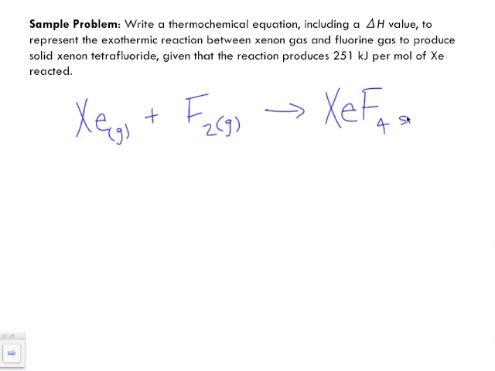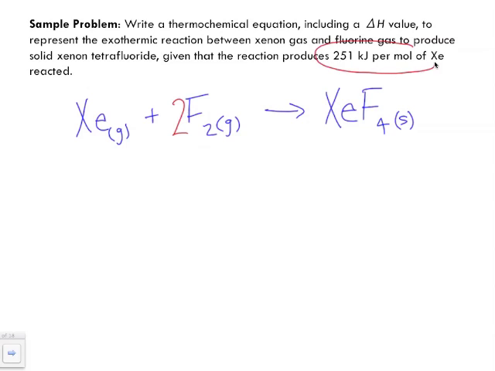And this will be in solid form. So now, what we have here is just our equation. So now we want to balance this. Right? So we want to balance this. So to balance this, we're going to put a 2 here. So we know that we are producing